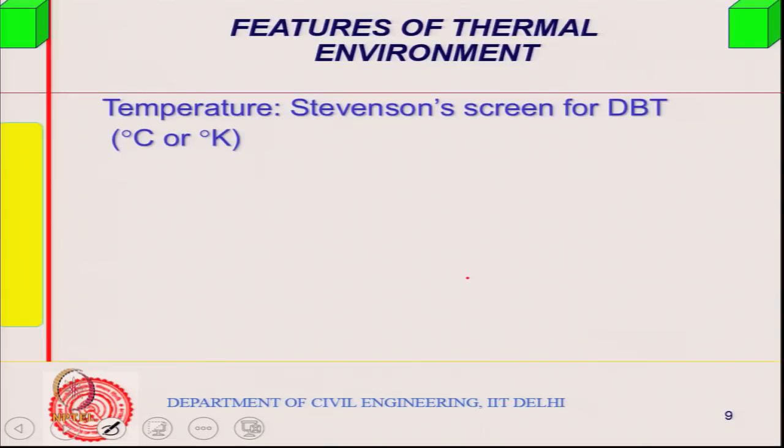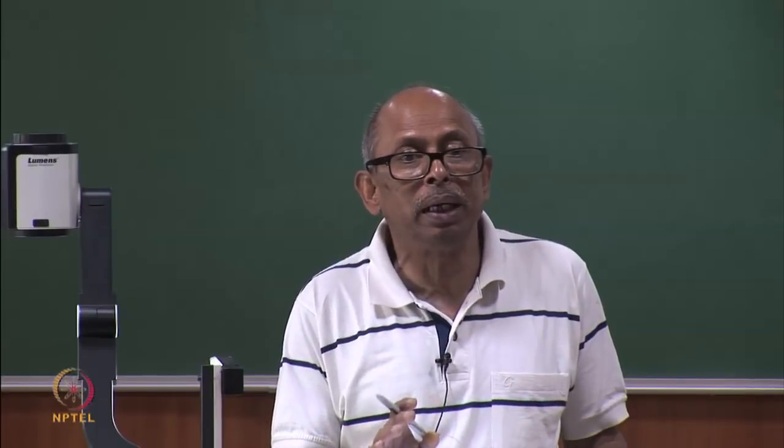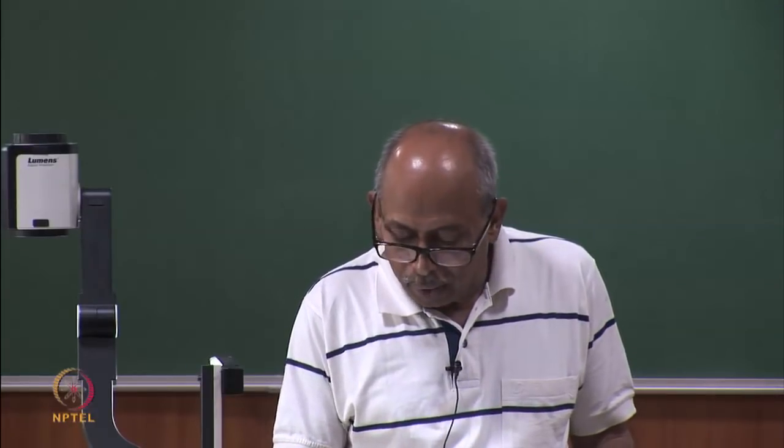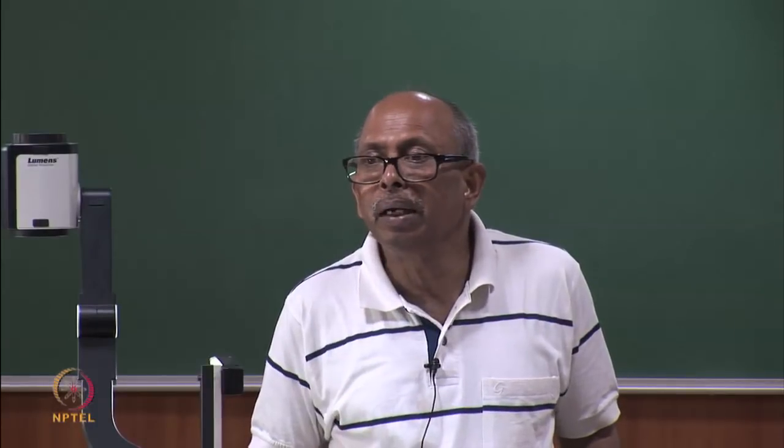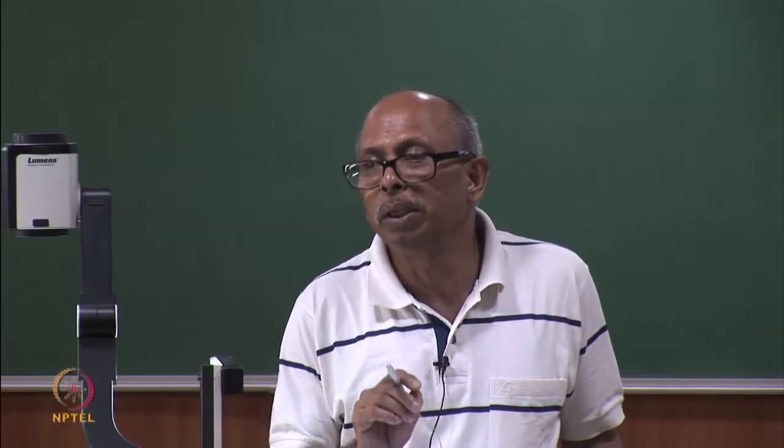If you want to measure air temperature, it is measured in what is called a Stevenson screen. Now, do I have a diagram of this? If I do not have, I will just draw it for you, no problem. It is simply like a box, you might have seen, and it will have louvers. So, it is a closed box, so that direct sunlight does not come in, wind does not affect the air motion, there is no significant air velocity inside, it remains dry, protected from the rain, and you measure what you call the dry bulb temperature inside. So, what you measure is a dry bulb.